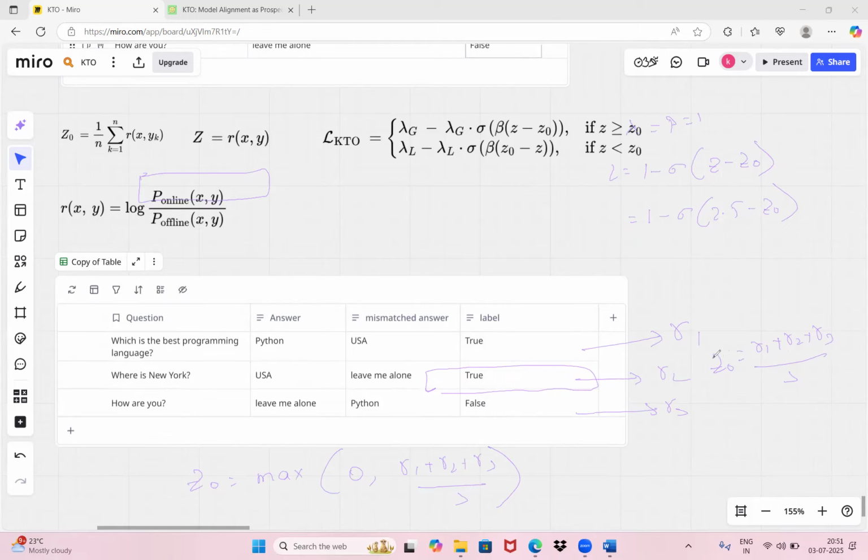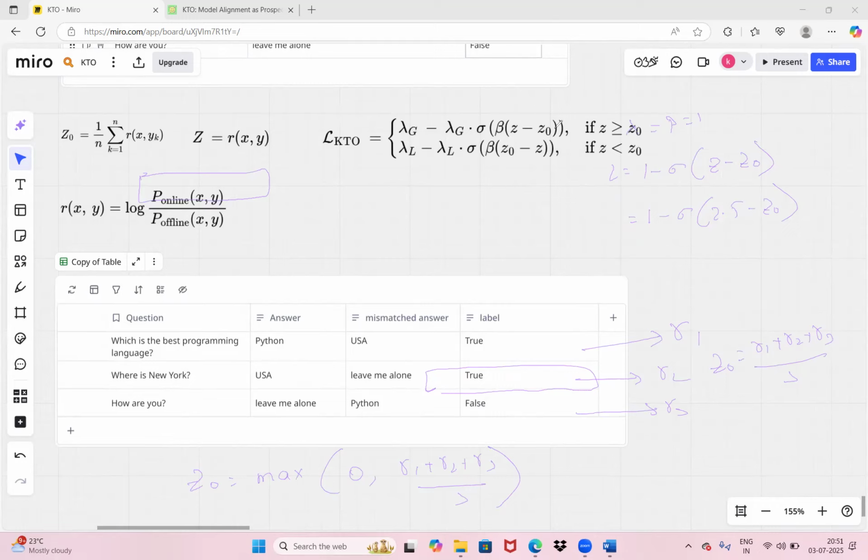So that's the reason z naught will also be less. If z naught is very, very less, now let's assume in the nth iteration, I have a true question answer pair. And this answer, though it is correct answer, is not a great answer, right? Because it is not a very great answer, in order to reduce the loss function,